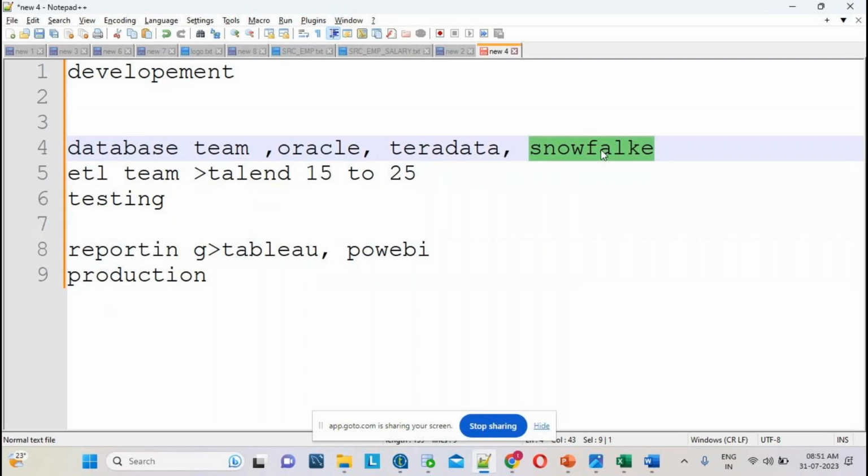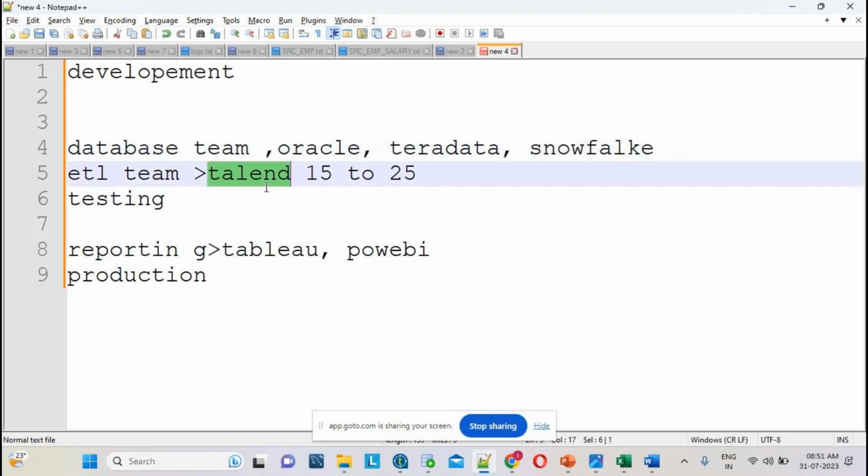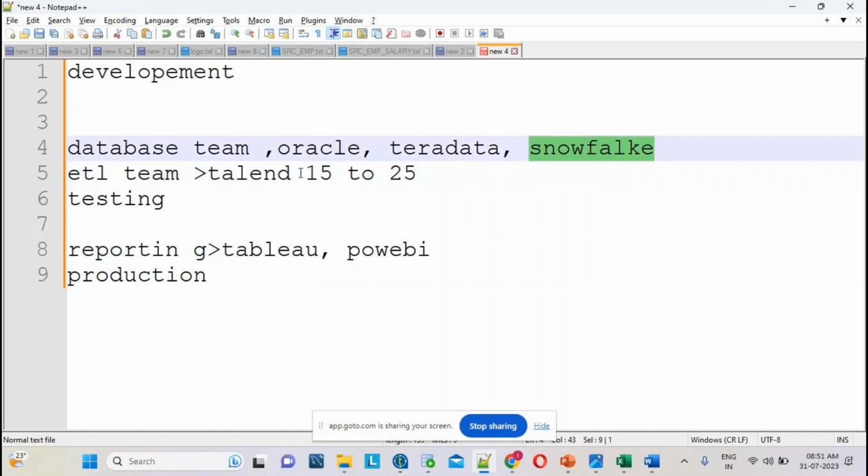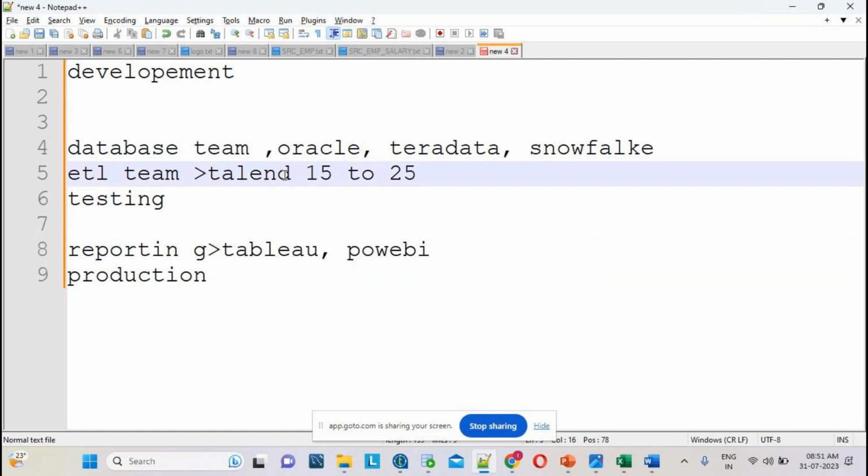I can connect Snowflake with Talend and read the data easily. The combination of Talend and Snowflake has a lot of openings, and you will get many on-site opportunities if you learn both technologies. It is in very good demand in the market.